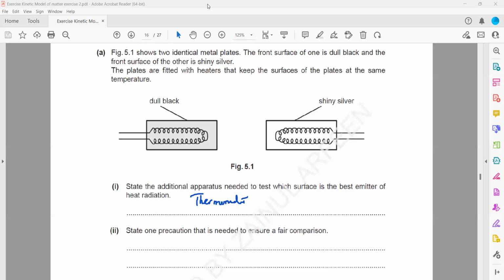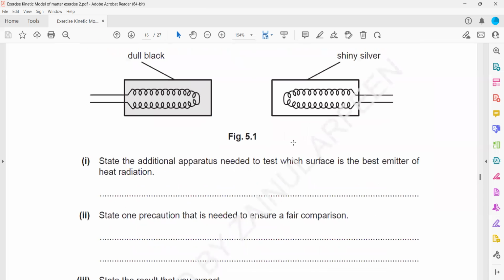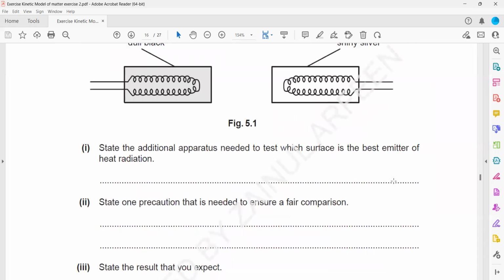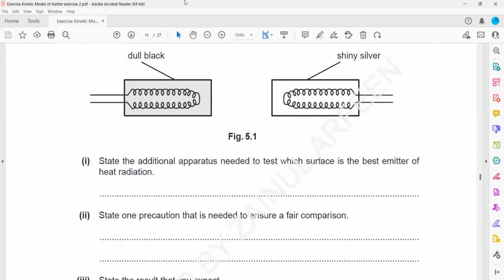The next is one precaution for ensuring a fair comparison. How can we make a fair comparison? We should heat them for the same time. They should have the same surface area, same distance from the source, and the same type of heating coil should be used in the heater. There's a heater inside. We supply heat energy, they both become warm, and then we record the temperature. The one which is a good emitter,